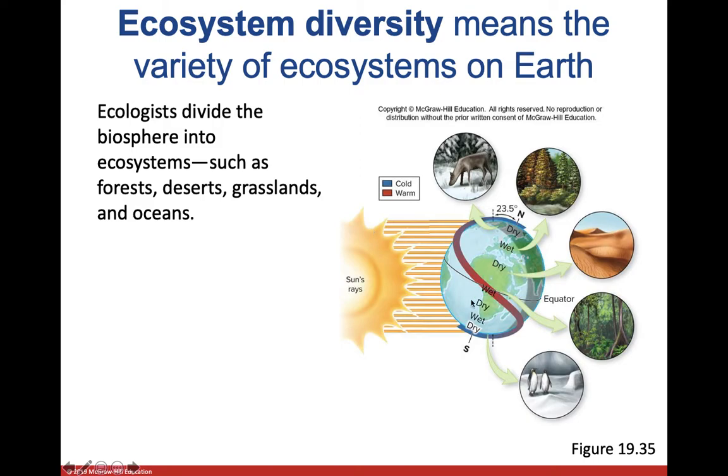So you're probably familiar with the different ecosystems on the planet. You have things like forests, deserts, grasslands, ocean, things like that. All of those particular ecosystems are influenced by the tilt of the Earth, and the location of the sun rays as the Earth tilts around and where the sun hits them. If you're tilted towards the sun, you're going to be more dry and more hot. If you're tilted away from the sun, you're going to be more dry and more cold. And this tends to rotate around as the Earth rotates around the sun.